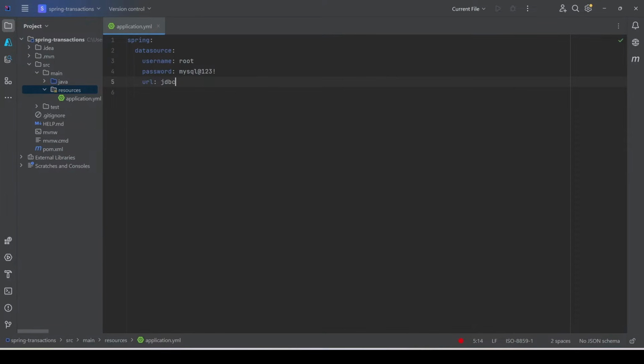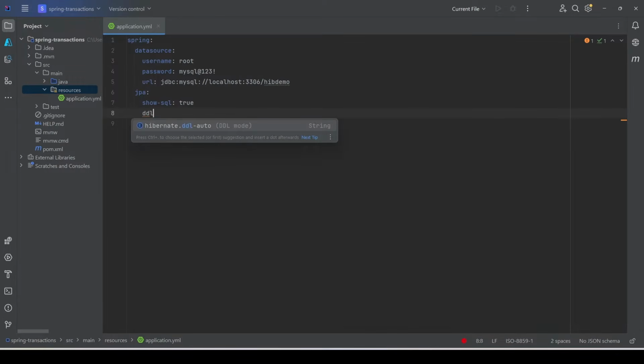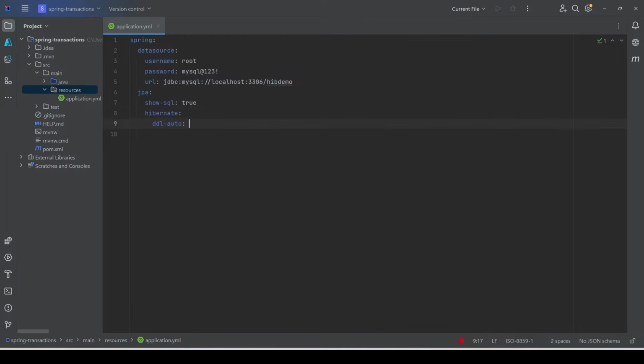So this is jdbc:mysql://localhost/ and the name of the database, which is hibernate_demo in my case. Then we'll also provide the JPA related properties, which is show-sql, because we want to see what Hibernate or Spring Data JPA is generating when we run the application. And this one,